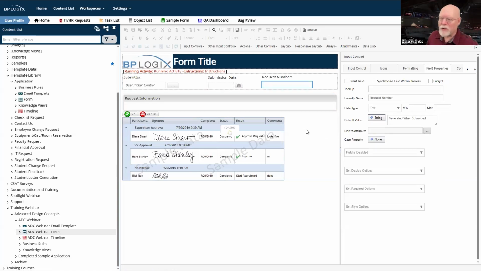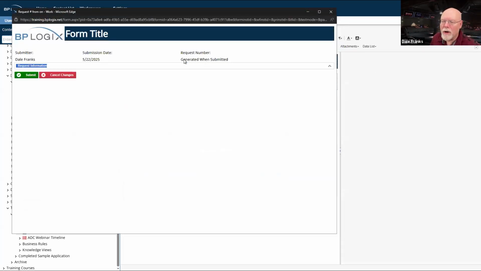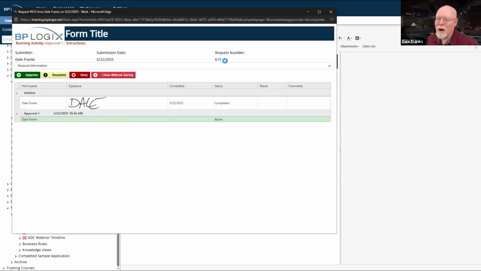So my user, whenever they first kick off the form, and the form runs for them the first time, what they'll see, and we saw it a little earlier whenever we were looking at the form, what they'll see under request number is just that, just the text generated when submitted. When I submit this, and why not submit it? Let's just give it a second to submit and change. There we go. Oh, well, my numbers aren't as high as I thought they were. So my current sequence number is now 613. And so now I have a unique request number that I can use in a knowledge view to find this specific request, which I am going to deny.